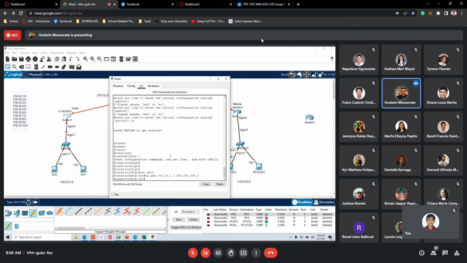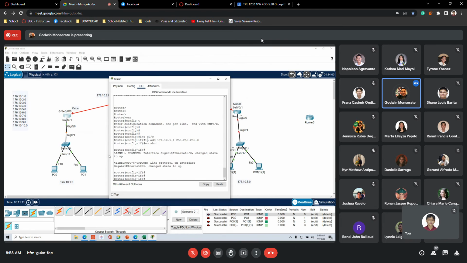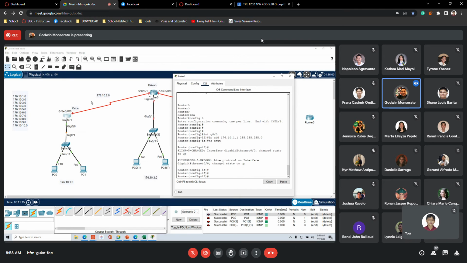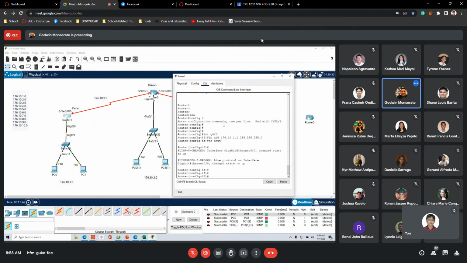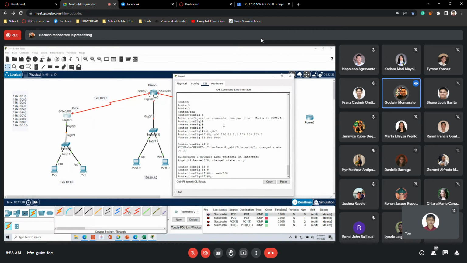255.255.255.0, enter, no shut. Okay, so look at that, turn it on. So included in this router, we are going to use the 2.0. This one will be that one. This will be that 2. Clear? So go to that interface, int SE0/0/0, IP address